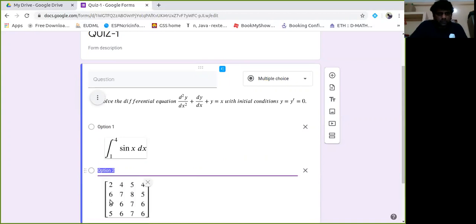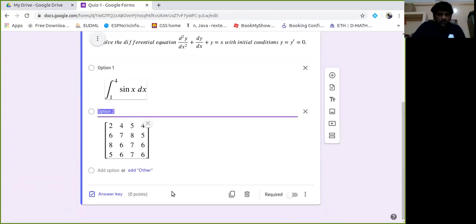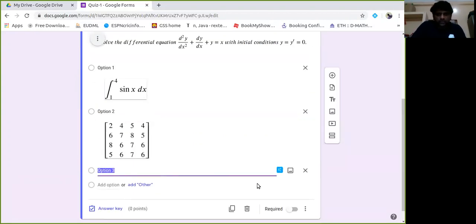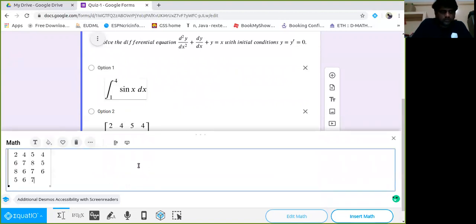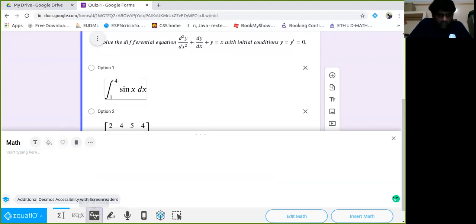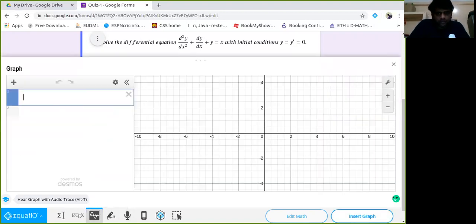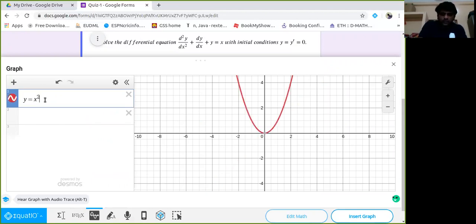Suppose in option 3 you want to add some graph. I will show how to draw graphs of some mathematical equations. Option 3, suppose you want to give some graph: just remove this and click on graph editor. Now we can draw the graph of any mathematical equation. y is equal to x square plus x plus 2.